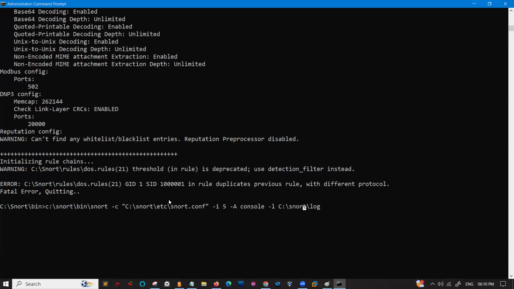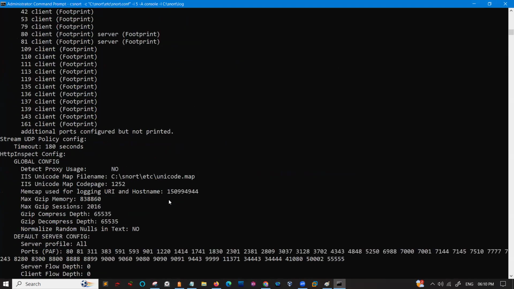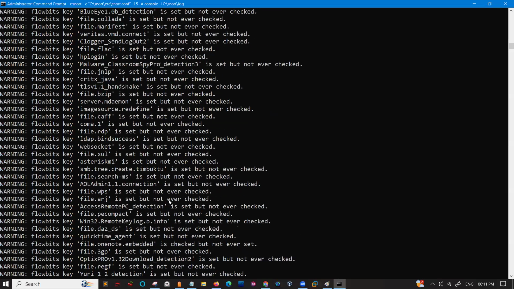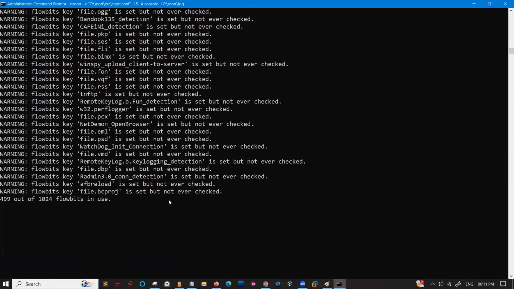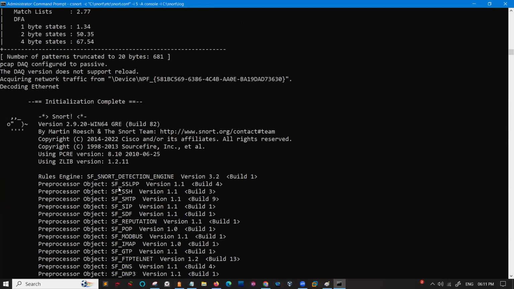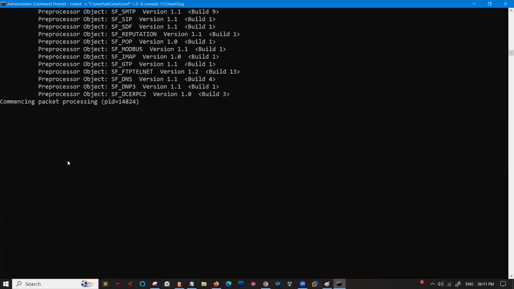We run it again. So now it's working. There is no error actually. Wait for a while. Now Snort got installed and it is working. So now try to perform the ping on my device from your device,